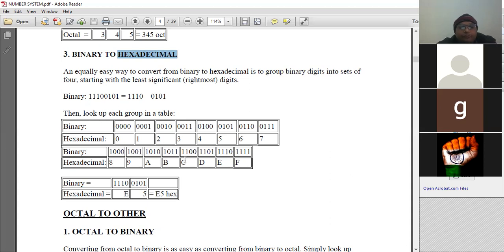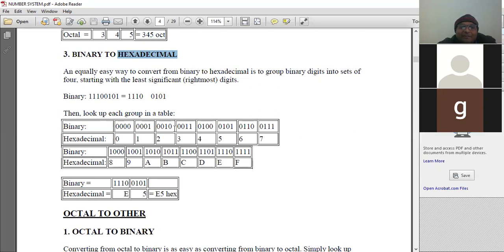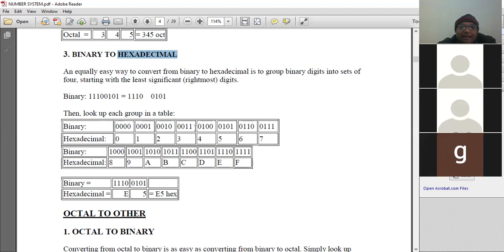The table is also there. If you don't want to use the table, 0 we will represent by 0, 0, 0, 0, 1 we will represent by 0, 0, 0, 1, and 2 by 0, 0, 1, 0. What comes after 0, 0, 1 in a binary number? 0, 1, 0. And after 10? 11. If we can only use 0 and 1, what comes after 11? 100. After 100 comes 101, 110, 111. This is how everything is represented.